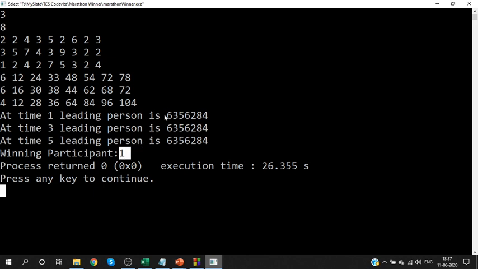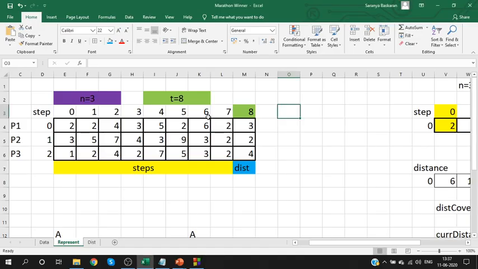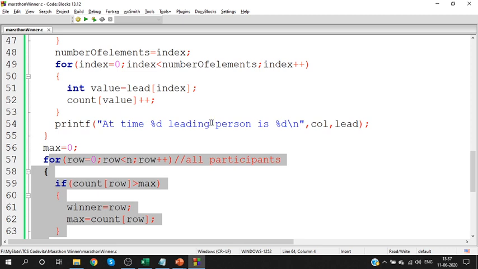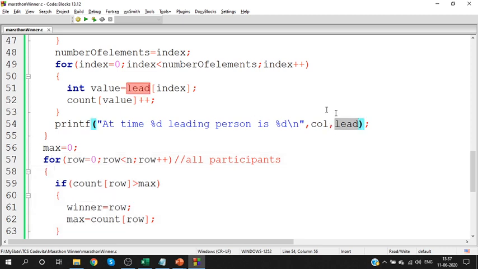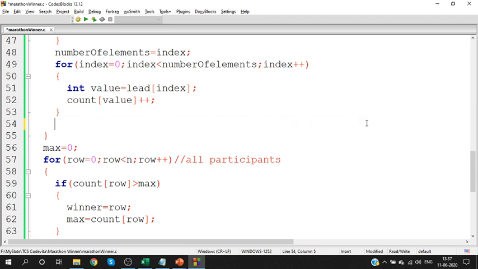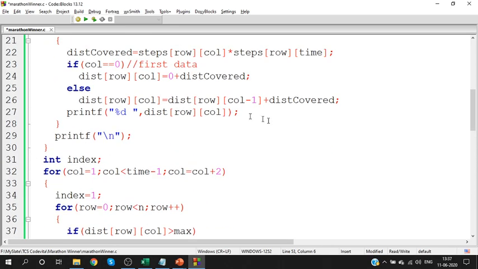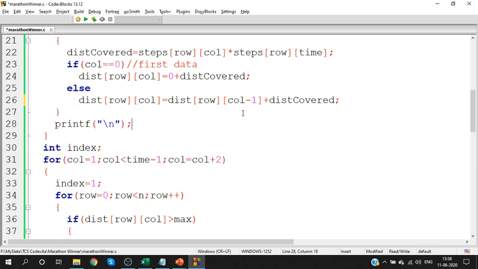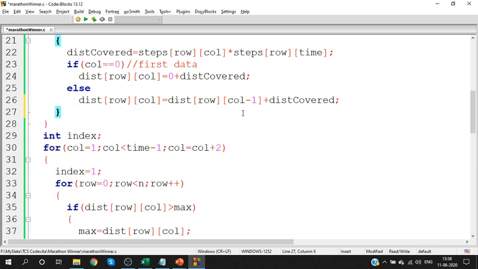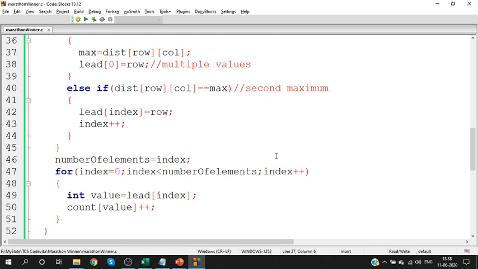The leading person at a time is nothing but the address. See, already we printed it, I'm just printing lead. Lead is not a single value now. Lead is an array, right? So you need to print it as an array, but we don't need this. This is printed only for your verification purpose. So I'll remove all the extra printfs here. We don't need all these. That's it. This will be your final program.